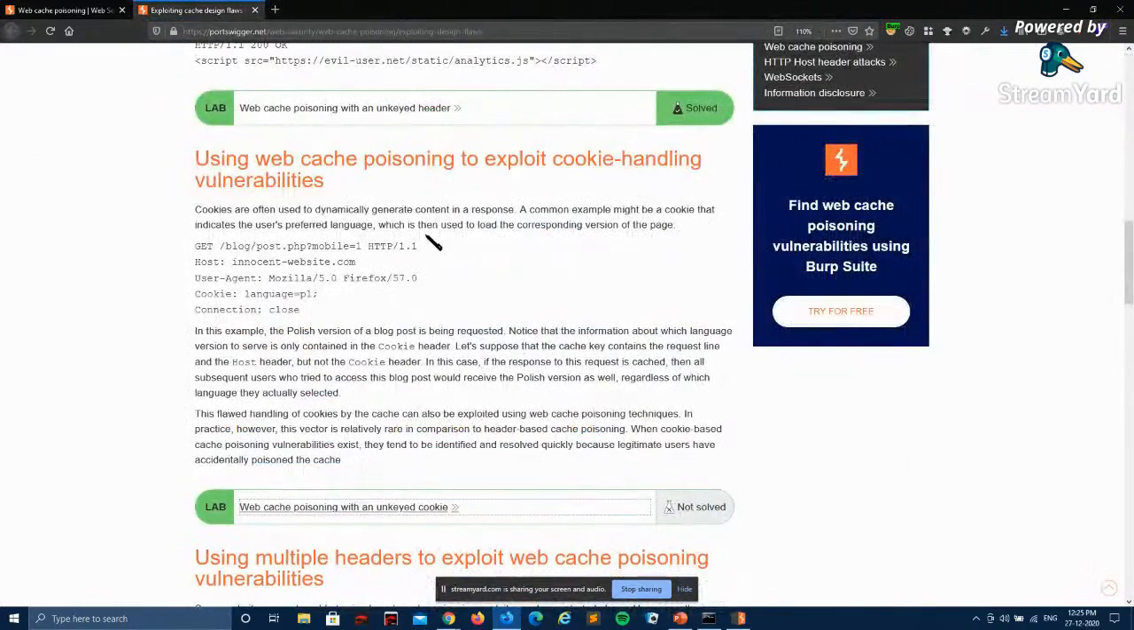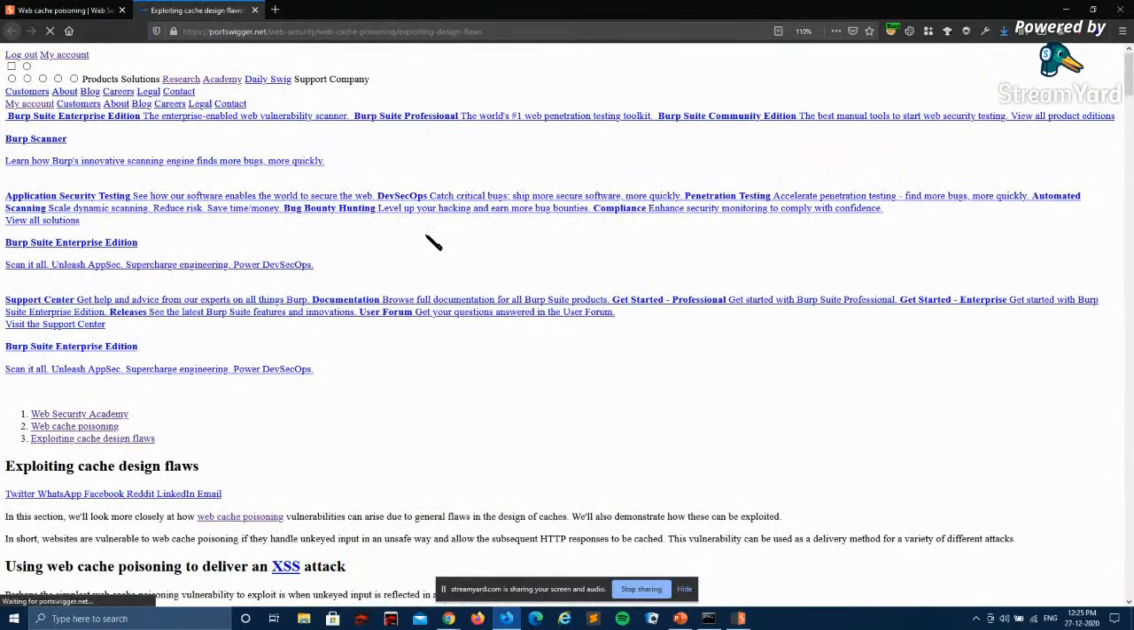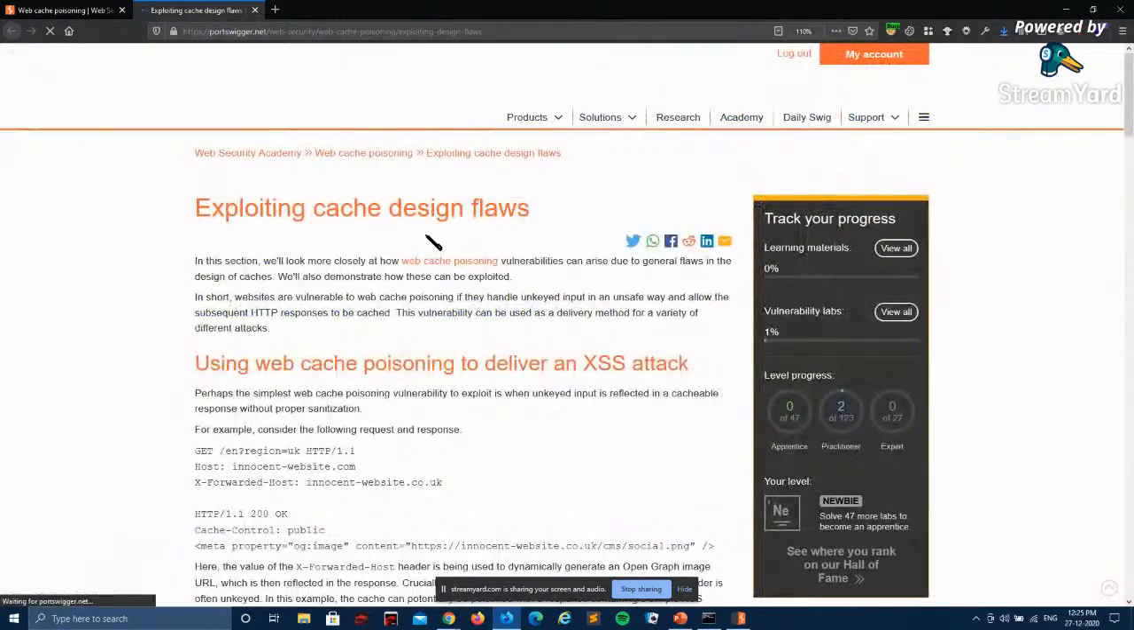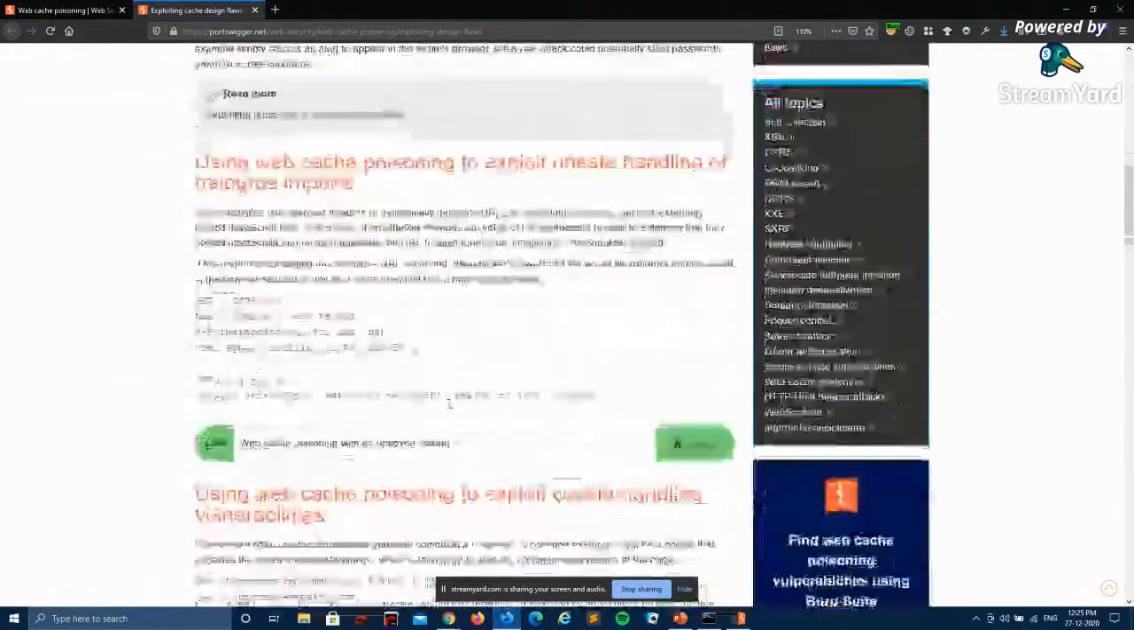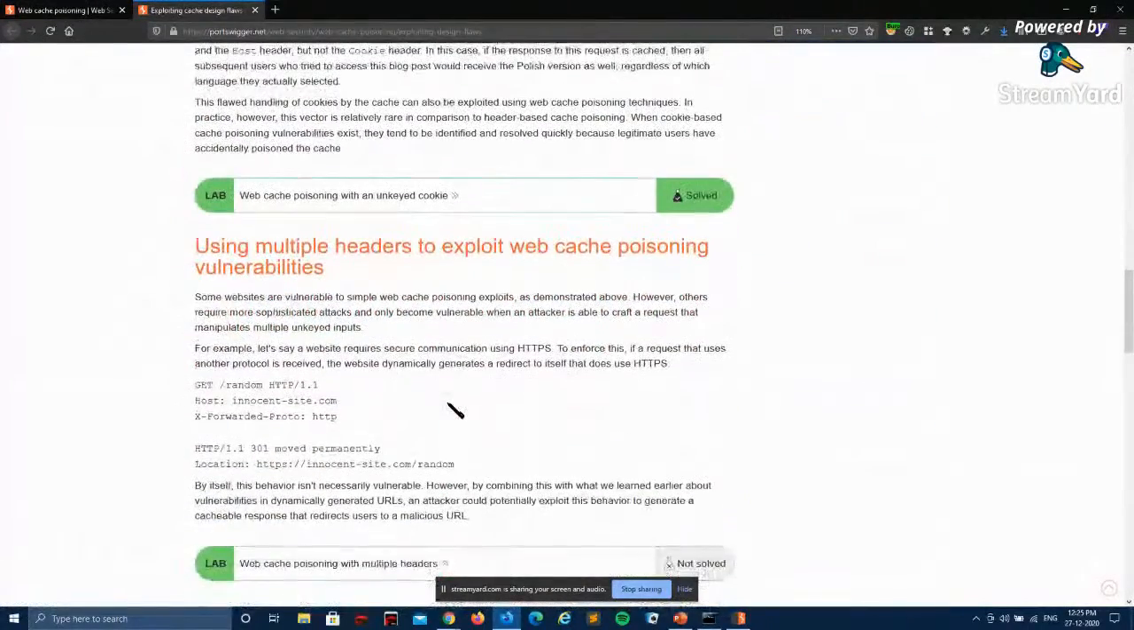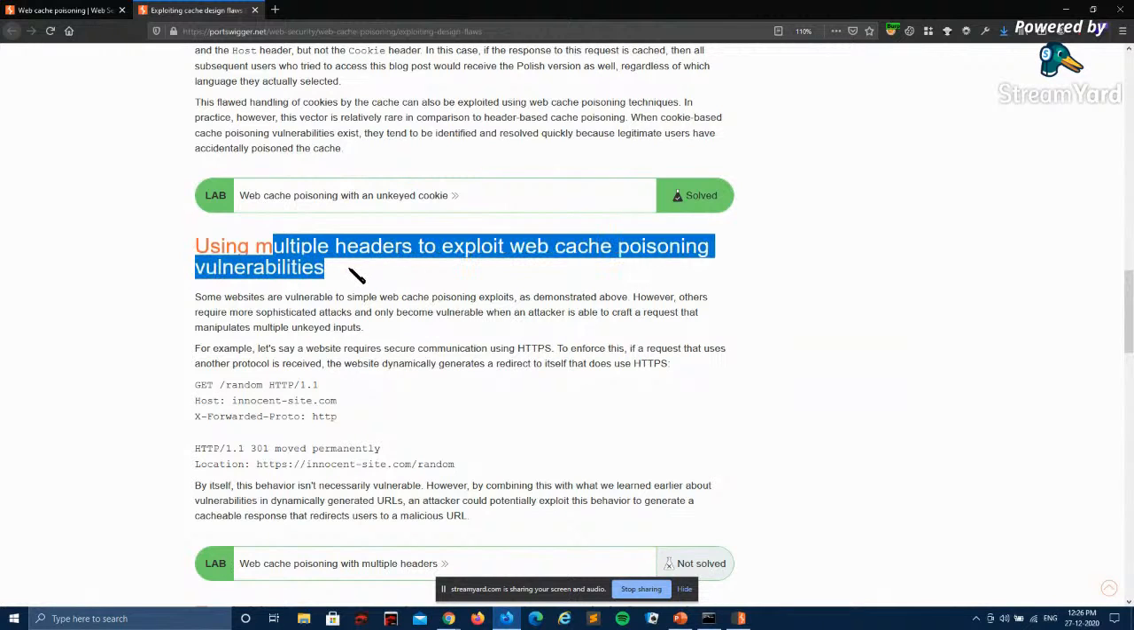So closing it, we successfully completed the two challenges, or two scenarios. Now our third scenario. This third scenario is using multiple headers to exploit web cache poisoning, which means